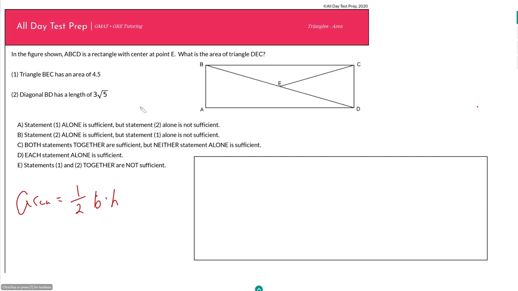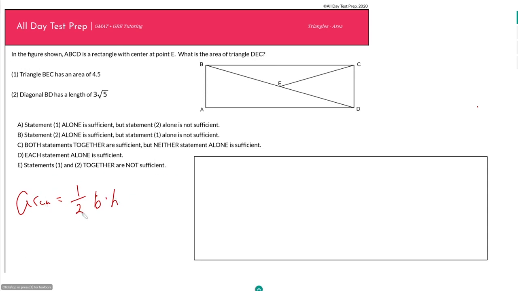Another thing, if you have a data sufficiency question, as we do here, and they're asking you for the area of a triangle, maybe you write out your formula here, and then you say to yourself, because you are familiar with data sufficiency, oh, this just means I can rewrite this question as what is the base and what is the height, because that is what is needed to find this area. Well, you would not want to do that necessarily, because remember what data sufficiency is asking. Data sufficiency is asking for what is the minimum information needed to answer a question. So even though it is true that if you can find the base and you can find the height, that will be sufficient to find your area,